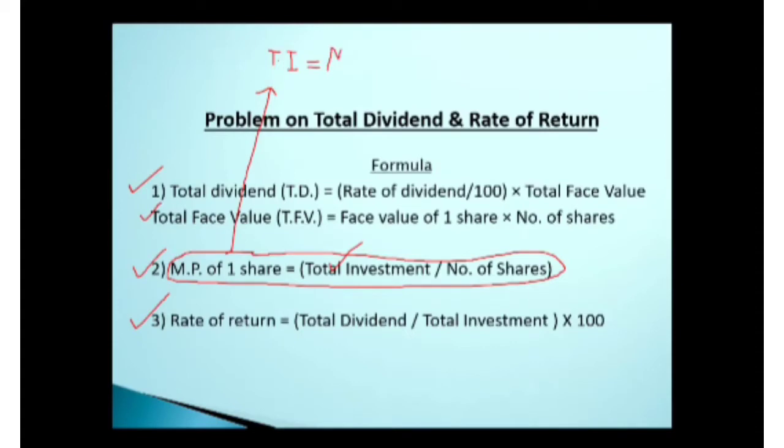That is going to be market price of one share, MP of one share, multiplied by, because opposite of division is going to be multiplication. So market price of one share is going to be multiplied with what? Number of shares. So whenever we are supposed to calculate the total investment, this is the alternative formula to be used for calculating your total investment. So this is all about the formulas, and after this we will go ahead and do the problem. All right.